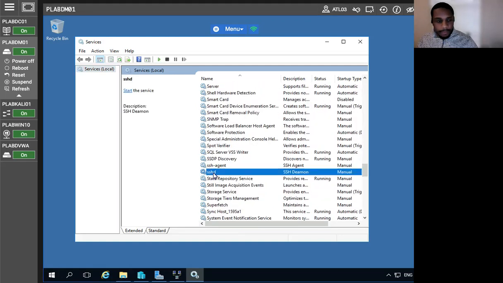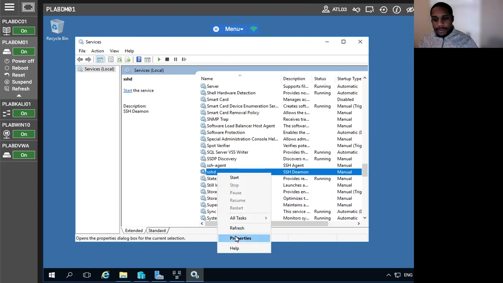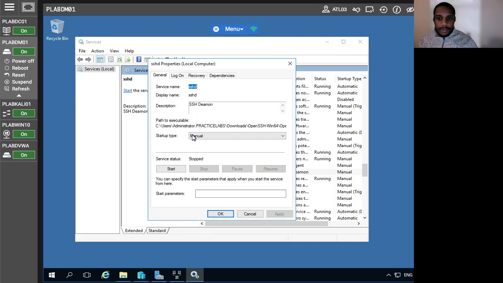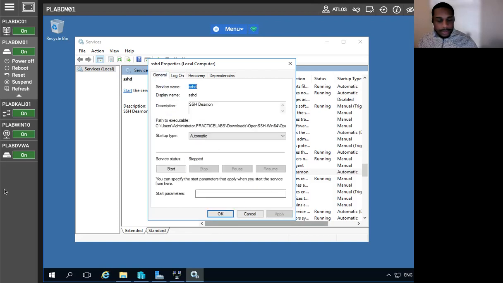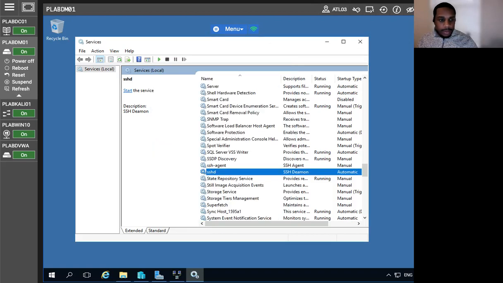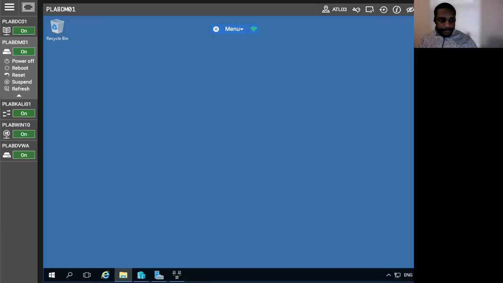There we go. Perfect. All right, and then we're going to open up properties, then the general, then we have the startup type to automatic, right? And then a log on tab, and then the local system accounts. Just want to select that, hit apply. Make sure this is good too. And then we're going to hit OK. I'll close that box. All right, and then I'm going to start. Then I'm going to close this box out. Now we're going to get into the firewall rules. It will need to be modified to allow for the connection of SSH to pass through. So just